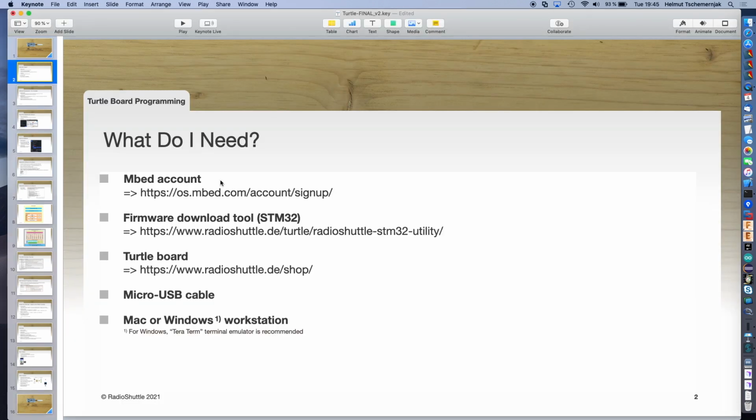So what do you need to get started? An Mbed account is required to download the Mbed utilities and use the online IDE. Firmware download of the STM32 utility is needed. We have a nice utility developed by RadioShuttle to flash the software into the board. Of course, the turtle board. A pair of 2 or 3 makes sense to start with. A micro USB cable to connect to your PC,